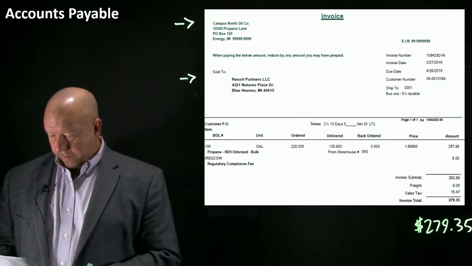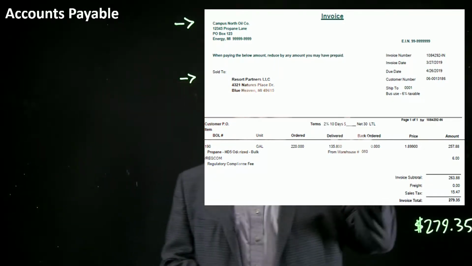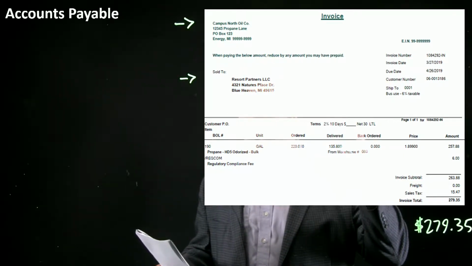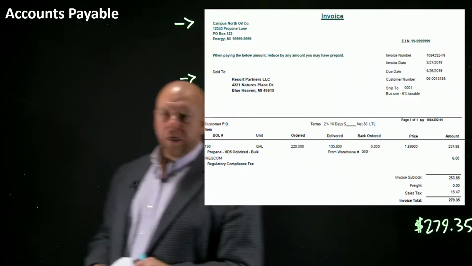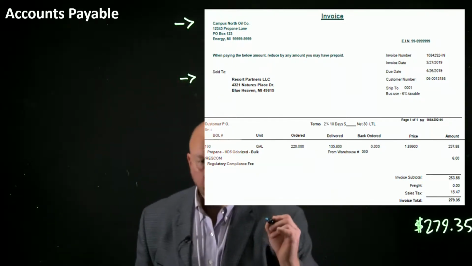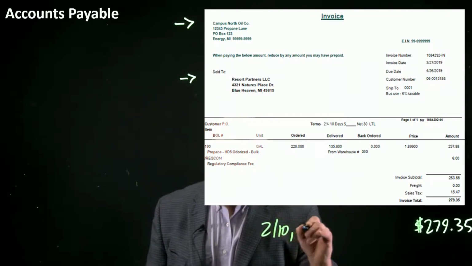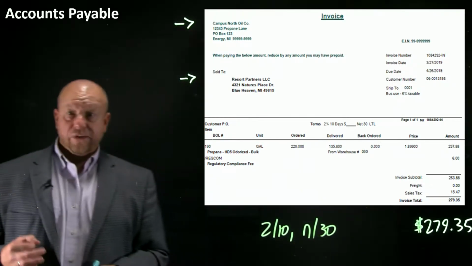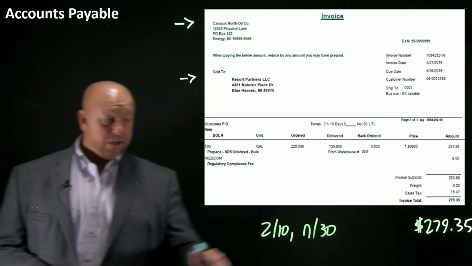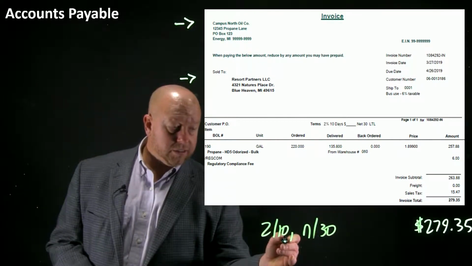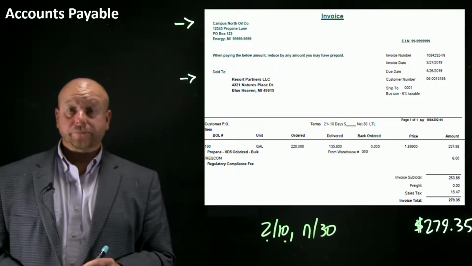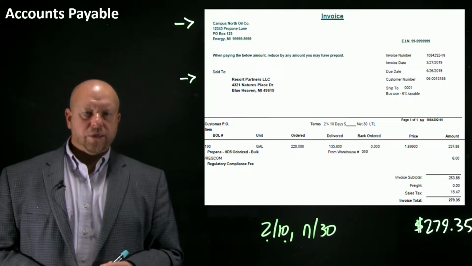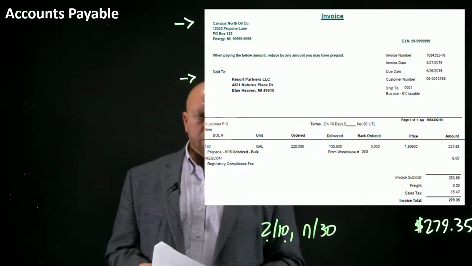Okay, now, there's something important, and I can't circle it here, but I want to point out the terms. It says 2% 10 days, net 30. So these terms, and I'm going to recap that right down here: 2/10, net 30. What that's basically saying is, if we pay this invoice very quickly, within 10 days, we can take a 2% discount. If we want to wait 30 days, but not longer, then we're supposed to remit the entire